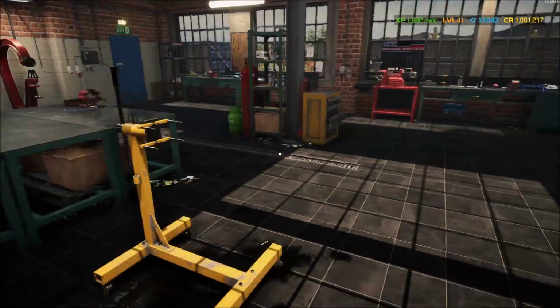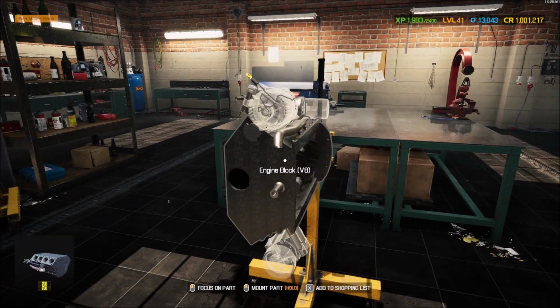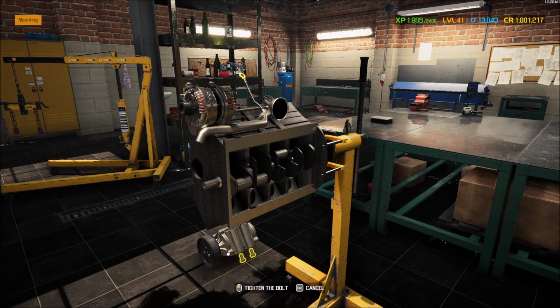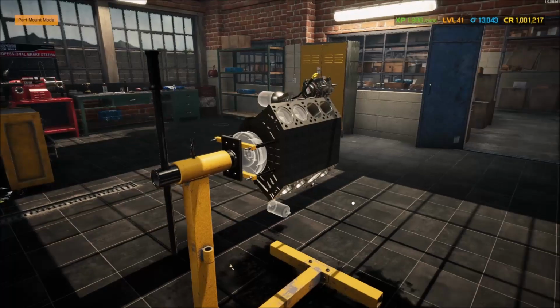All right, so we got most of this back together. We'll go ahead and put this engine block back in. Boom, boom, boom. Okay, you get crankshaft. Alternator's good. Okay, our string pump's good. I gotta get an oil filter. All right. Pistons. Let's see, I need to go ahead and